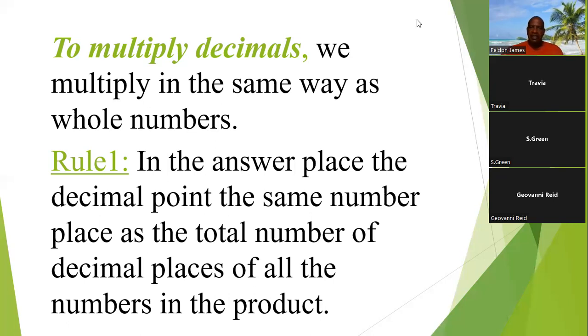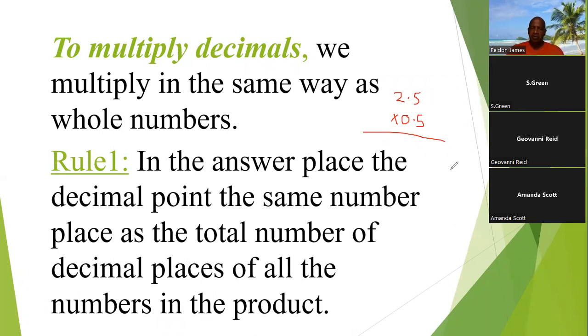So for instance, if you are multiplying two numbers, and let's say one is 2.5 times 0.5,